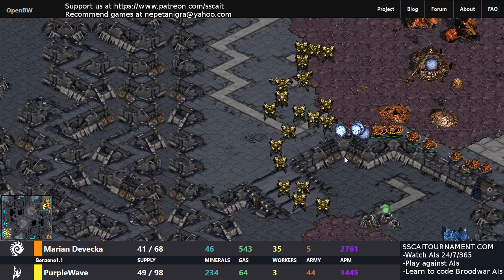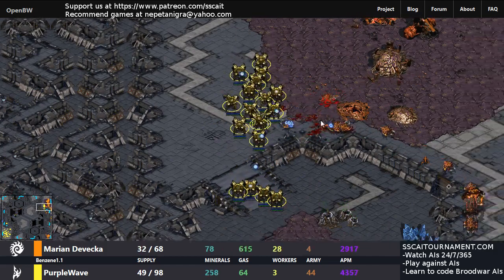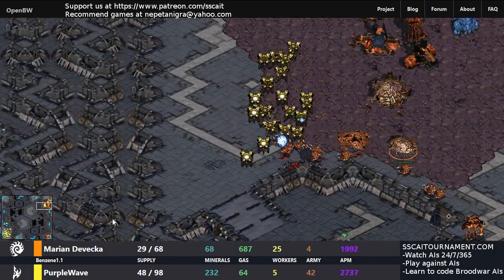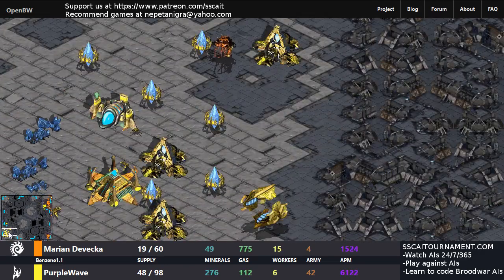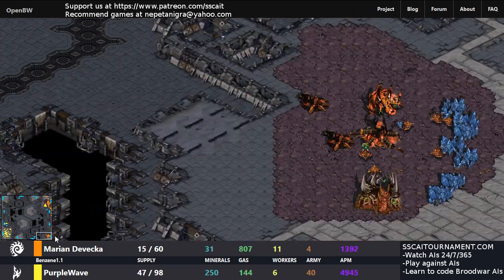The workers are all caught. Are they going to fight or going to flee? It doesn't matter anymore, because... oh dear, the drones are just going to die, and... oh dear, Purple Wave is rebuilding the workers. So Purple Wave, although it suffered a huge loss in workers, is doing okay now, and Killer is sort of trying